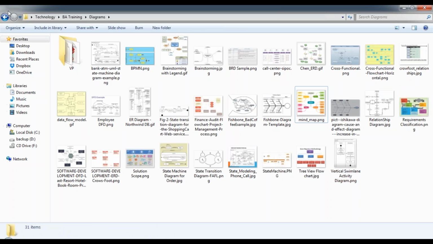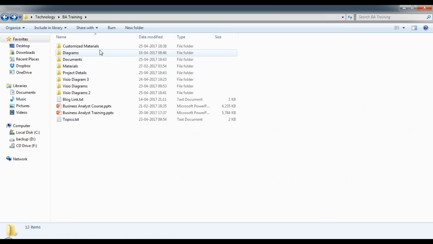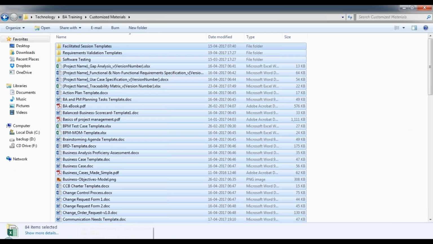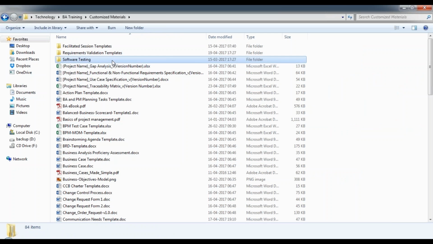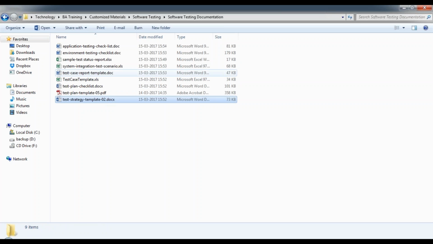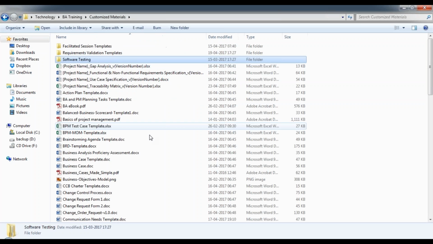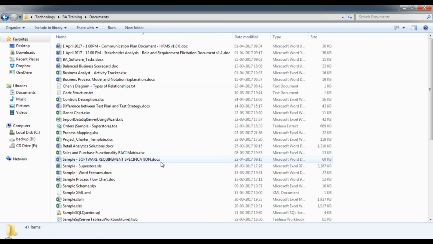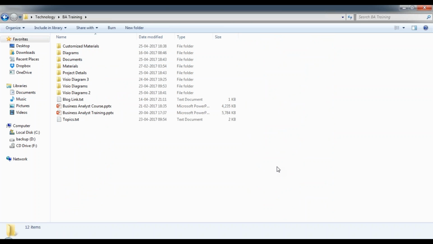So there are a lot of concepts which we will be covering. So I've given you a brief idea so you can see the number of documents we have. It's about 84 plus some software testing documents. We have a lot of software testing documents which we will be sharing with you. So everything together, say around more than 100 documents, 35 plus diagrams and other live documents, filled in documents or explanations. So all of these will be uploaded on the blog. Once you enroll for the program, you will have access to these items.